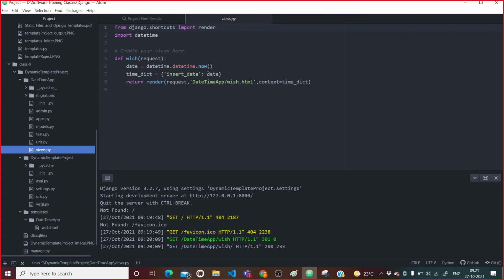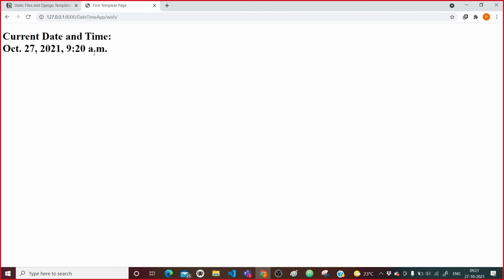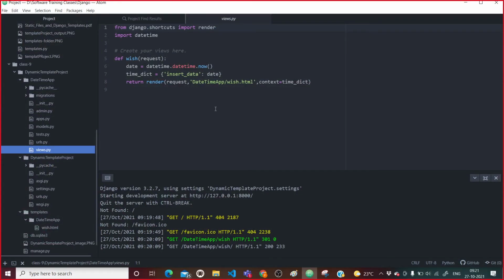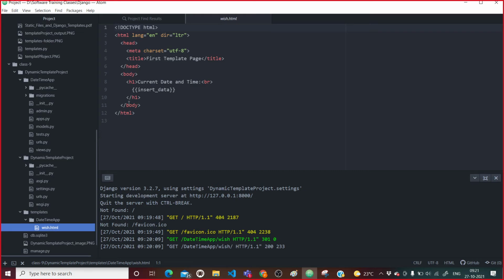Yes, sir. So this is how you pull data from the server to your front end. And that's why, whenever someone says develop backend, you just need to develop this one. And after that, in the front end, these dictionary keys will be accessed by the front end developer in this mode, by using two curly braces, right?